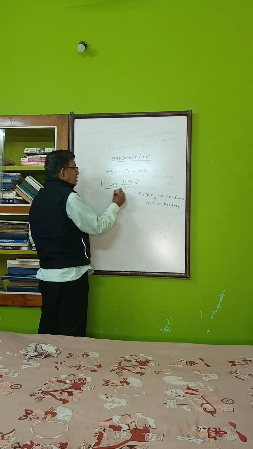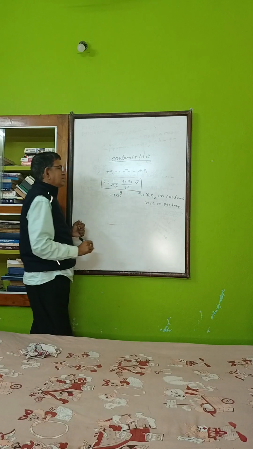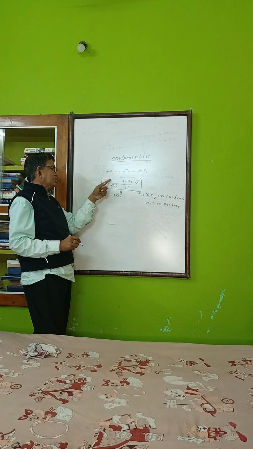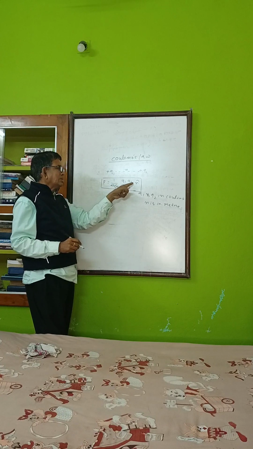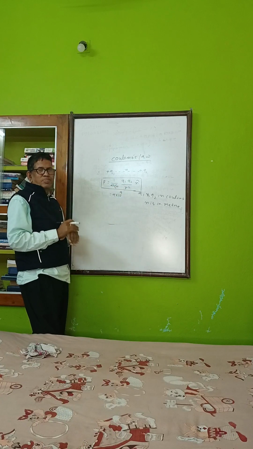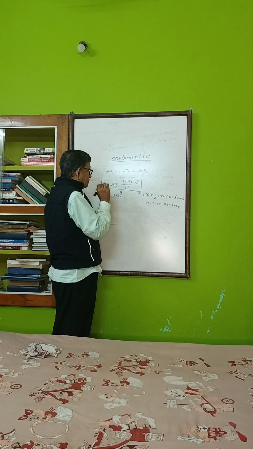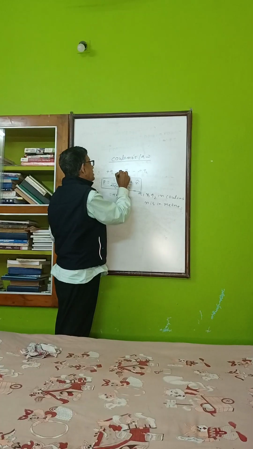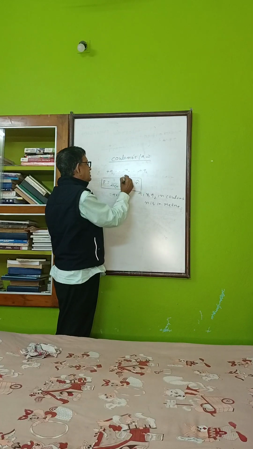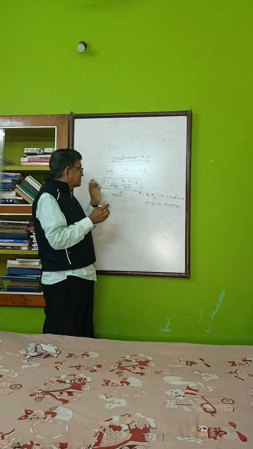So this is the basic law of electrostatics: F equal to 1 by 4 pi epsilon naught, Q1 Q2 by R square, into R unit vector. Now the question arises, what is the medium in between the two charges? I have taken this as air medium or vacuum, but suppose